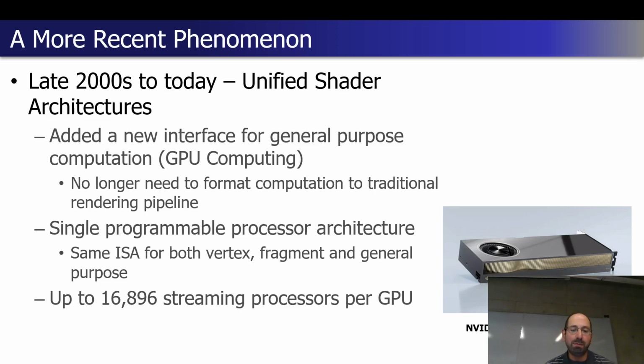NVIDIA has changed its terminology many times over the years. What do they refer to as the individual unit of computation on their chips? And because these slides have been cobbled together over years, you'll see some different terminology that I am using. Streaming processor is a term that they used for many, many years. It definitely implied that there were, in this current day, 16K different little processors on the chip. Then later, the marketing and technical documentation changed to refer to those as CUDA cores.